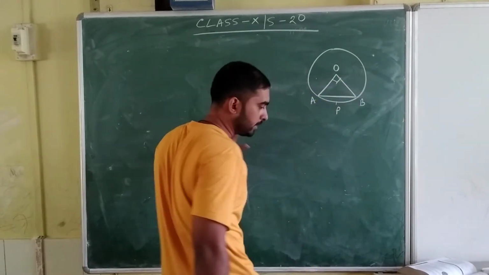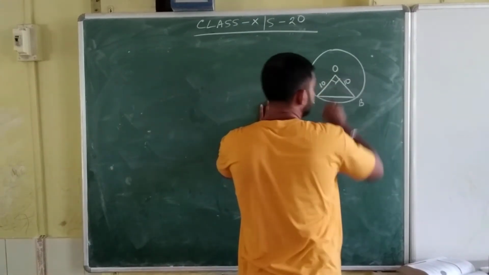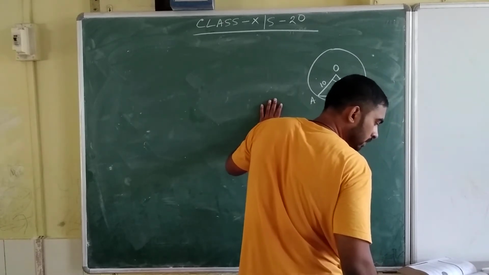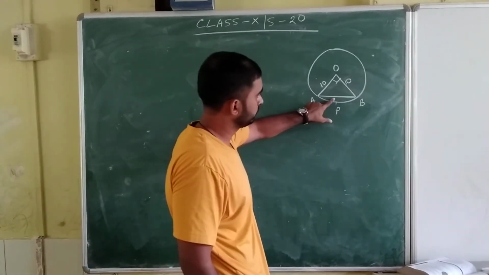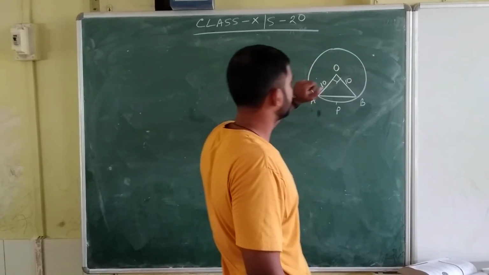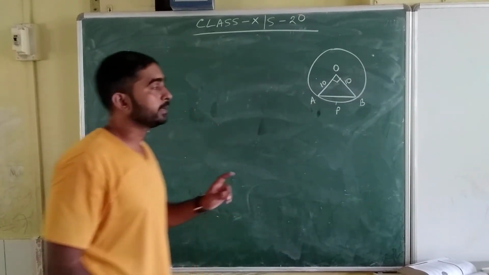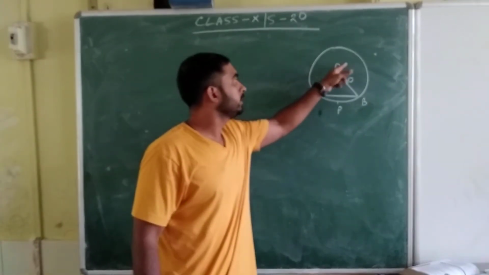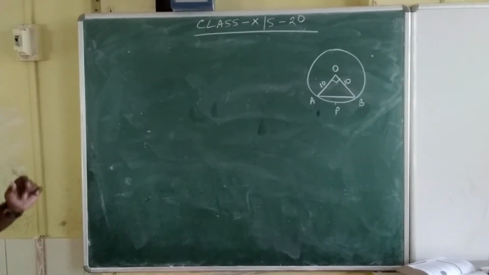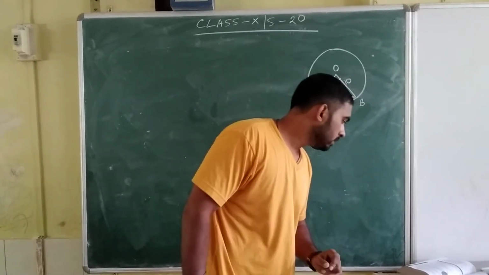This angle is 90 degrees. The radius given is 10, and we have to find the minor segment, this one, and the area of the major sector. If this theta is 90 degrees, then theta for the major sector equals 360 minus 90, equal to 270. But the first question is to find the area of the minor segment.